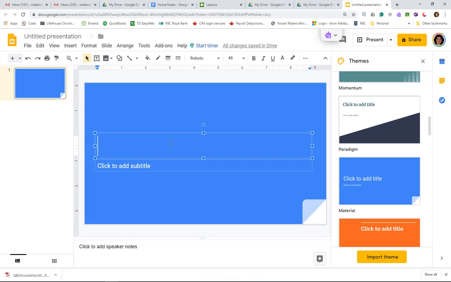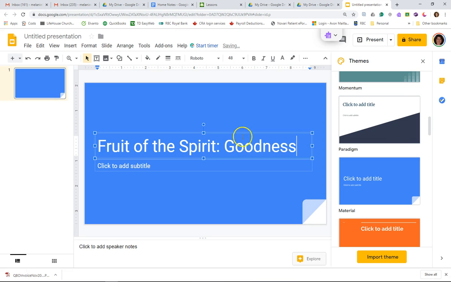And then you might want to give it a title. This is Fruit of the Spirit, Goodness. And what I often will do is put the date on so I don't forget. Sunday, December 1st, 2019. And I'm actually, because sometimes I'll cover the little kids and I want to make sure I know which